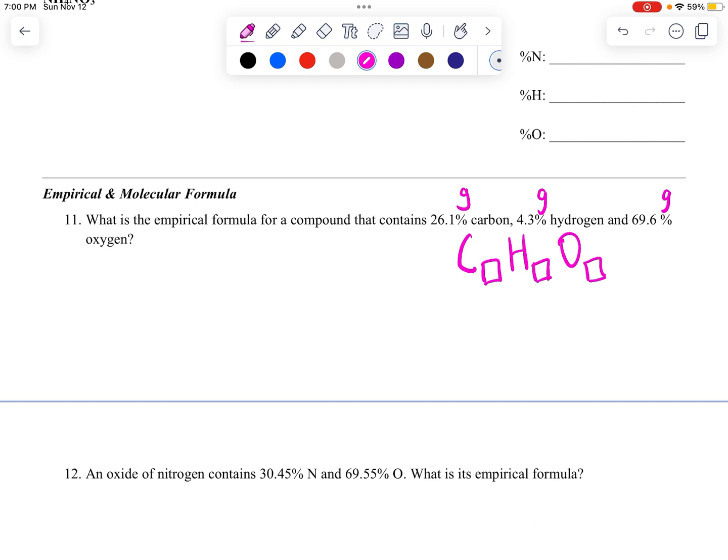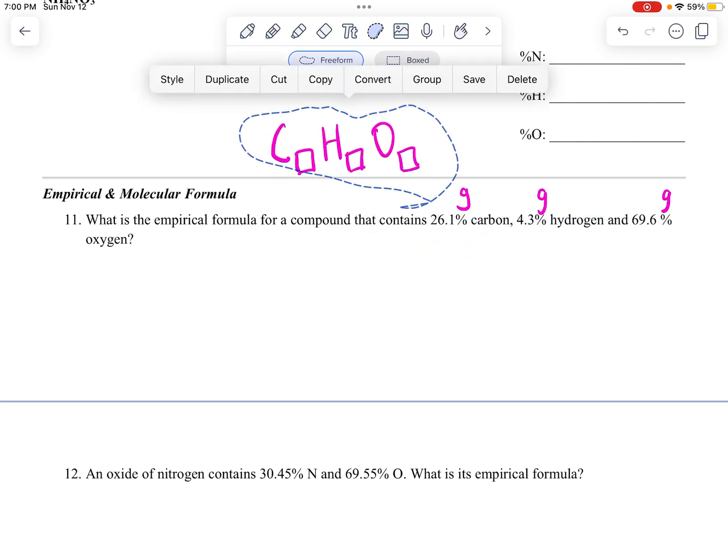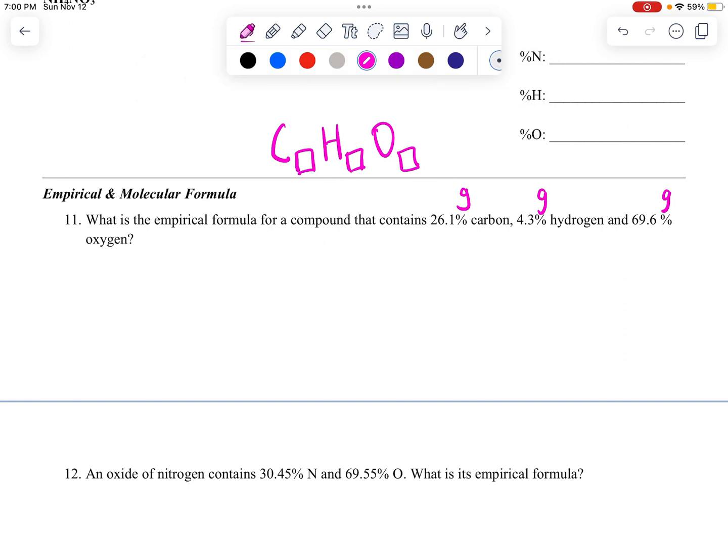Our goal right now is to find these missing boxes, and that will be determined through these percentages. No matter how much amount I put inside this machine that tells us the empirical formula,